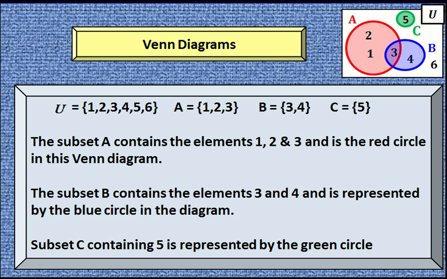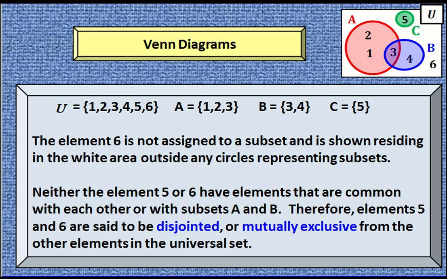The subset A contains the elements 1, 2, 3, and is the red circle in the Venn diagram. The subset B contains the elements 3 and 4 and is represented by the blue circle in the diagram. Subset C containing 5 is represented by the green circle. The element 6 is not assigned to a subset and is shown residing in the white area outside any circles